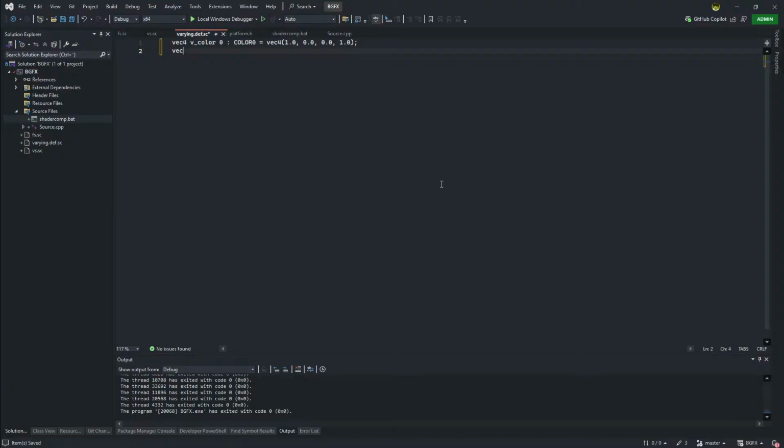And then just say vec3 a position equal vec4 0.0, 0.0, 0.0, 0.0 as default value, and we say vec4 a color 0, color 0, and that's it. And in the vertex shader, we'll just type in,